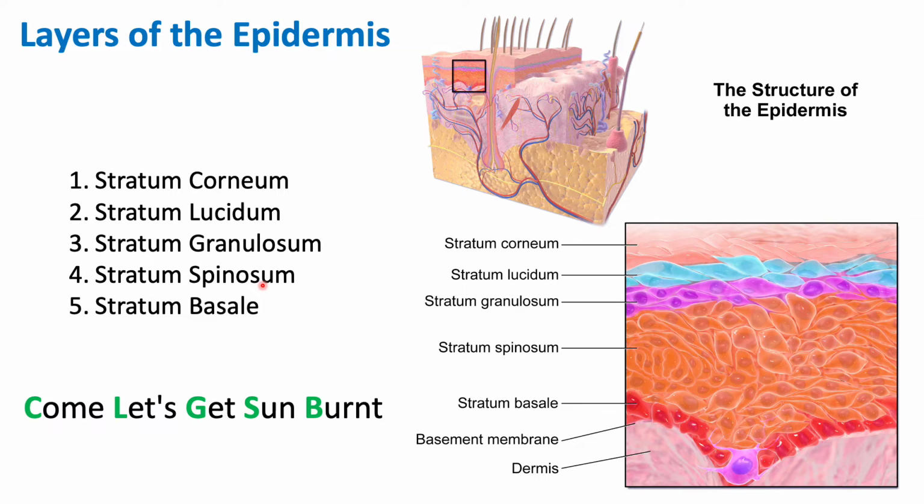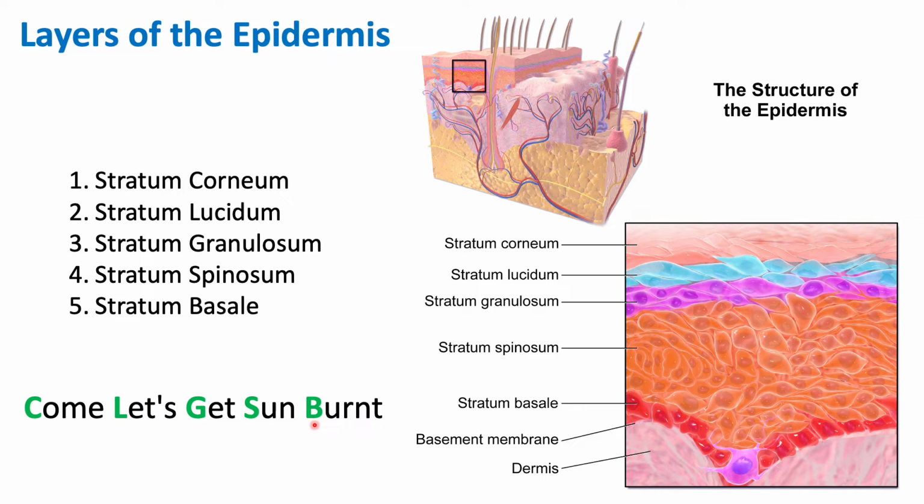Now, if we take a look at our skin and it's flaking or it's dry, that topmost layer is known as the stratum corneum, and we'll get into more detail about the composition of the stratum corneum. Now, a way to remember the order of all 5 layers of the epidermis, we can remember this acronym, which is Come Let's Get Sunburned, where the C stands for corneum, L for lucidum, G for granulosum, S for spinosum,